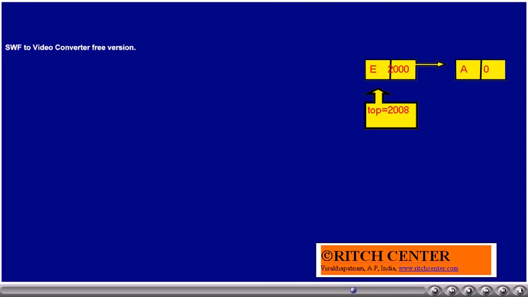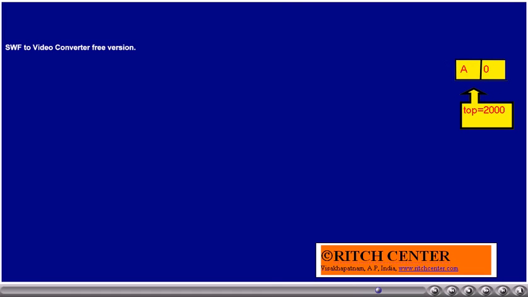Now symbol T will be printed, and this node will be freed and top will be made to point to the next node. Now symbol E will be printed, and then symbol A, and then top becomes 0. Now stack is empty, thus we will come out of the while loop.